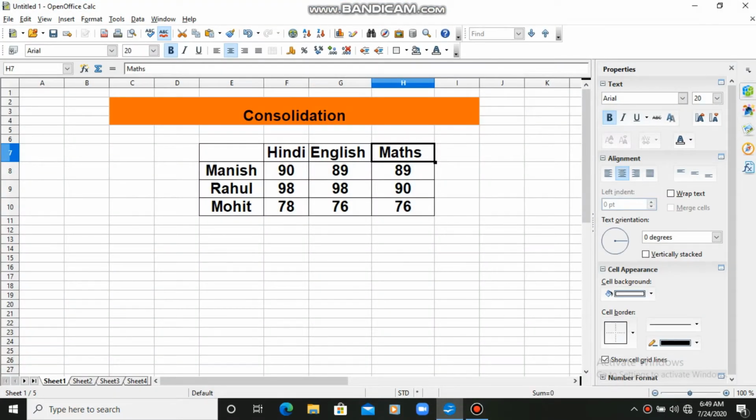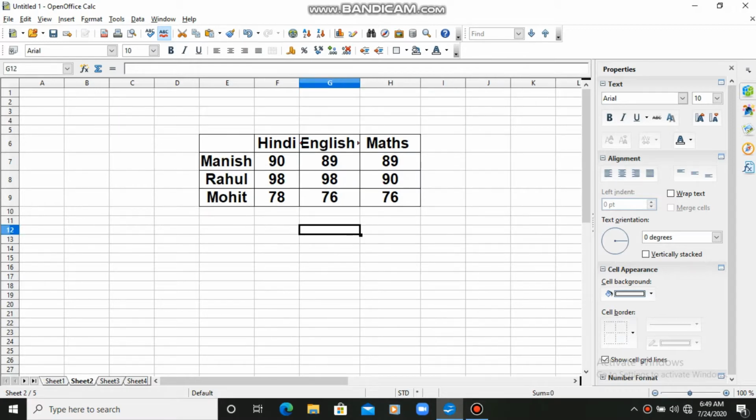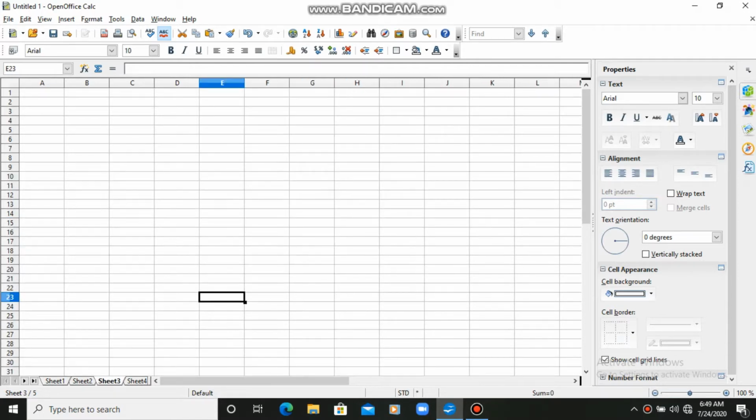Okay, so today I'll tell you what is consolidation. Data consolidation means combining data of one, two or three sheets and displaying the data onto the next sheet. Here I prepared some sheets: sheet 1 contains data, and sheet 2 also contains some data, and I'll combine the result of both and display it in the third sheet. Got it students?